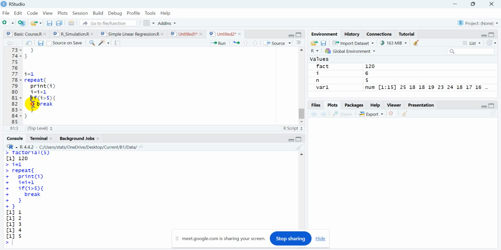Now you can check these conditions first. For example, you can check this condition first in this way, and you can control the loop in this way. So here, see the answer, 1 2 3 4 5 is printing. Now I will again start it and see here 1 2 3 4 5 is also printing. Here if I write I is equal to 1,